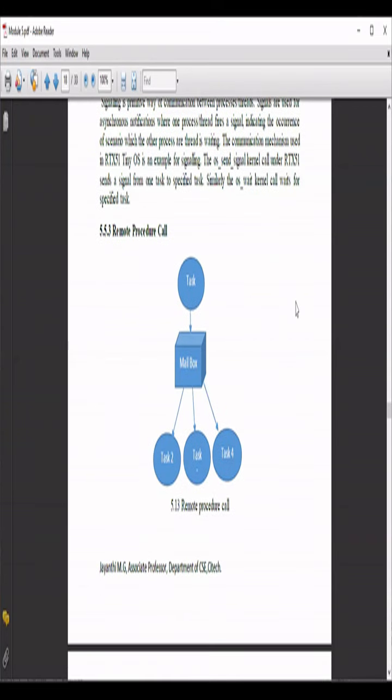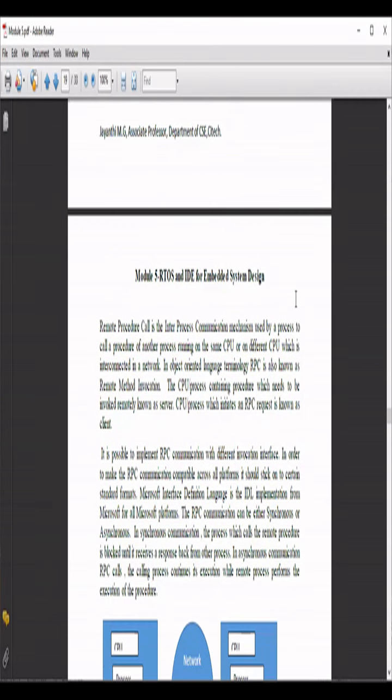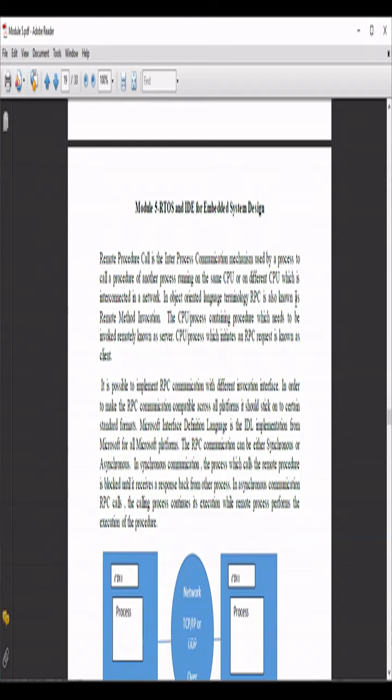In the next one, we have remote procedure call. Remote procedure call is the inter-process communication mechanism used by a process to call a procedure of another process running on the same CPU or on a different CPU which is interconnected in a network.